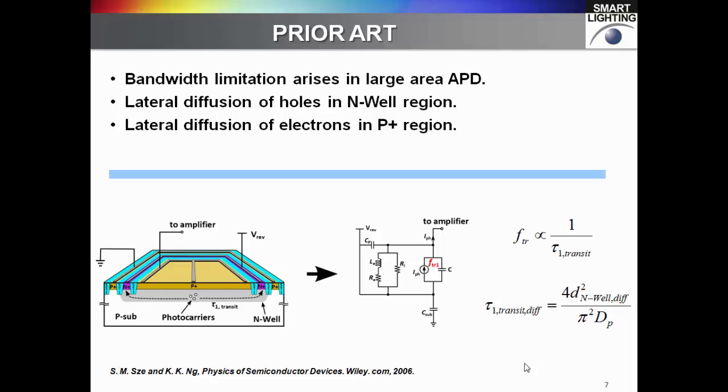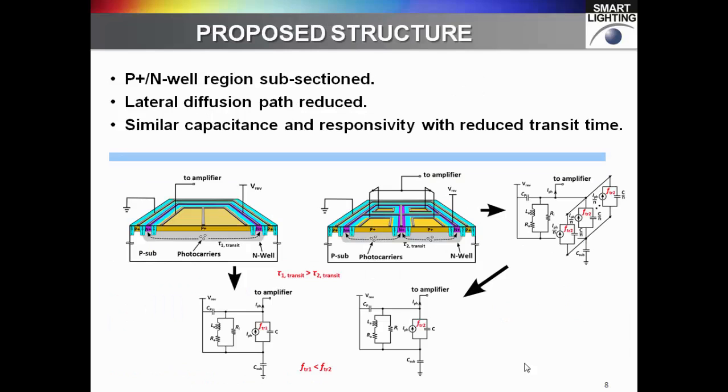So it has also been studied in these papers that when you increase the size of the photodetectors, this transit time of the diffusive carriers increases, and that actually reduces the bandwidth of the whole structure, which is the optical bandwidth that can be represented by this f_TR. So you can see that d squared here in this equation is the effective diffusion distance, which can be in the lateral or in the vertical direction, and this is dominated by the lateral diffusion path. To overcome this problem,